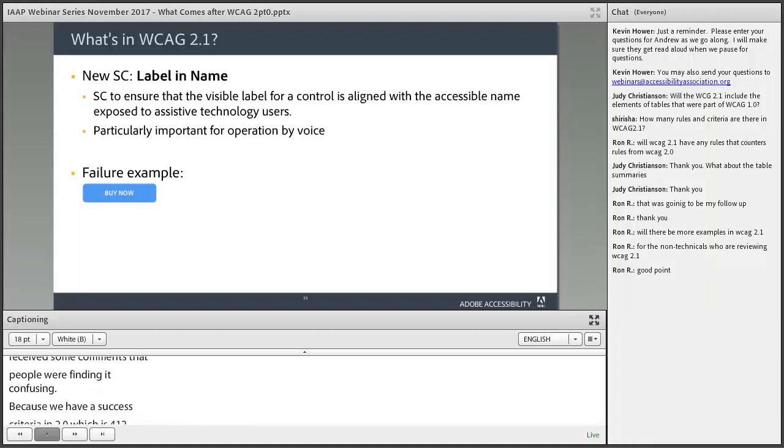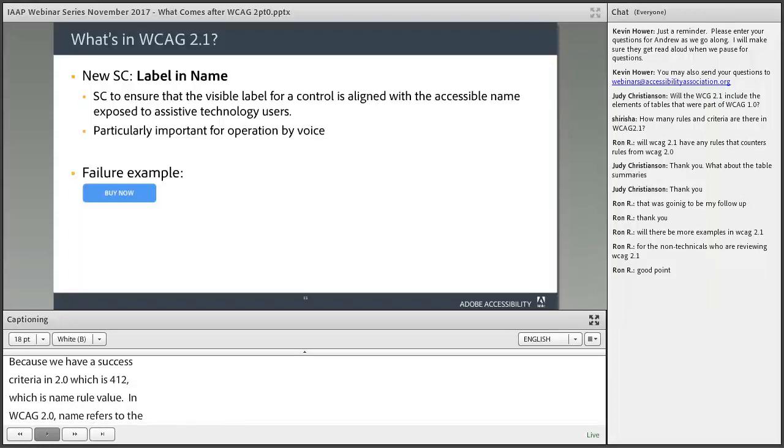And in WCAG 2.0, name refers to the programmatic name. And most accessibility APIs, or maybe even all accessibility APIs at this point, when they're referring to the name of